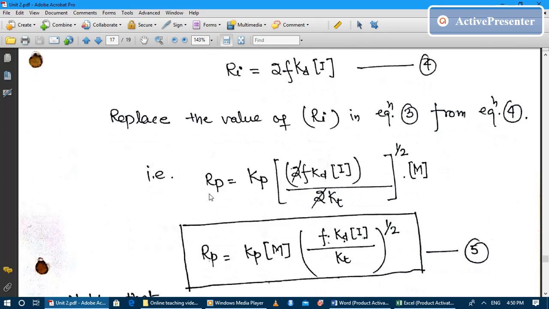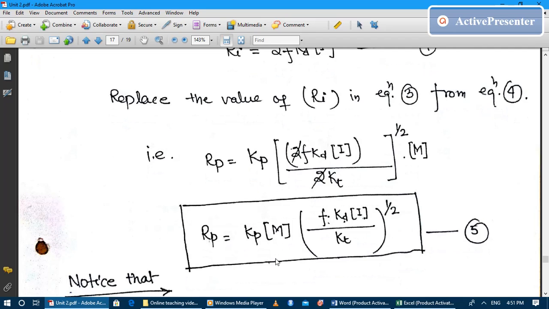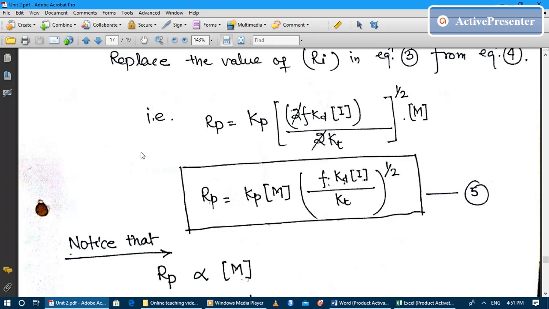So my rate of polymerization will become Kp (2f Kd [I] over 2 times Kt) to the power half times concentration M. So here the 2 will get cancelled out,